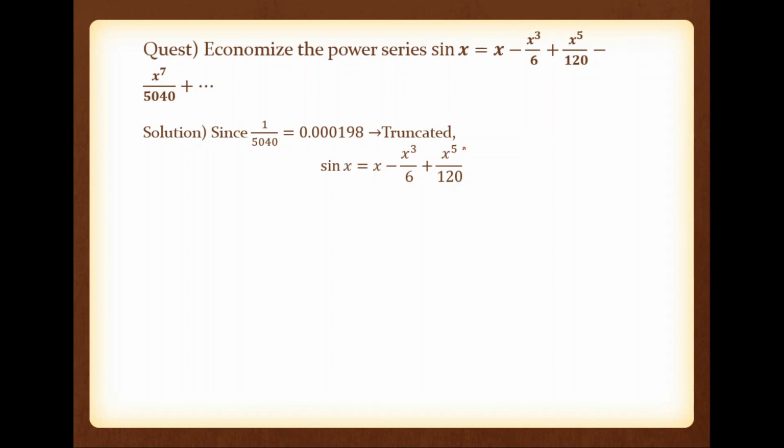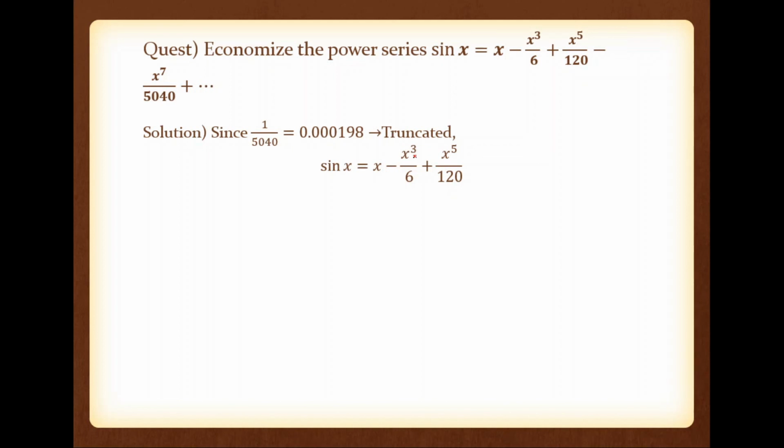If you want, we can represent this one by using lower order terms, because we have x raised to 5. So first we are going to remove this x raised to 5. So for the purpose, we are going to use the Chebyshev polynomial. Please note, we are considering x from minus 1 to plus 1 only. So what is x raised to 5? So please note, what is x? x is T1.